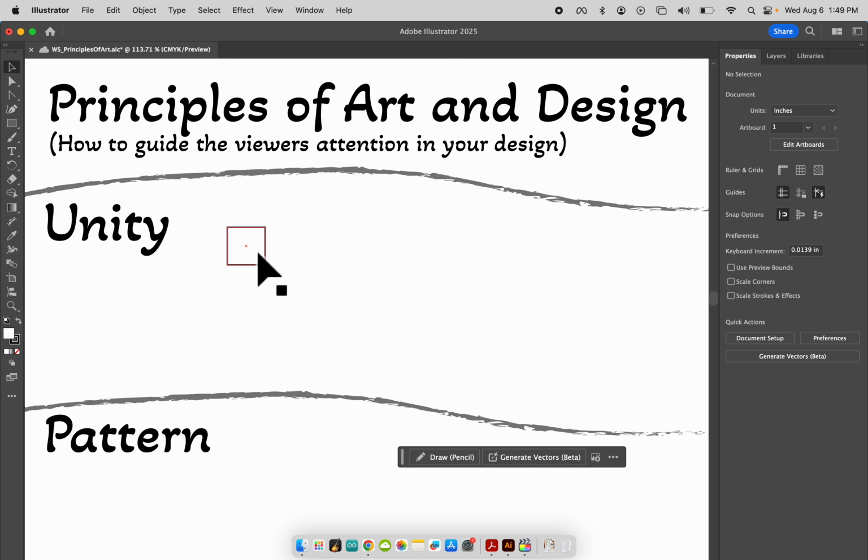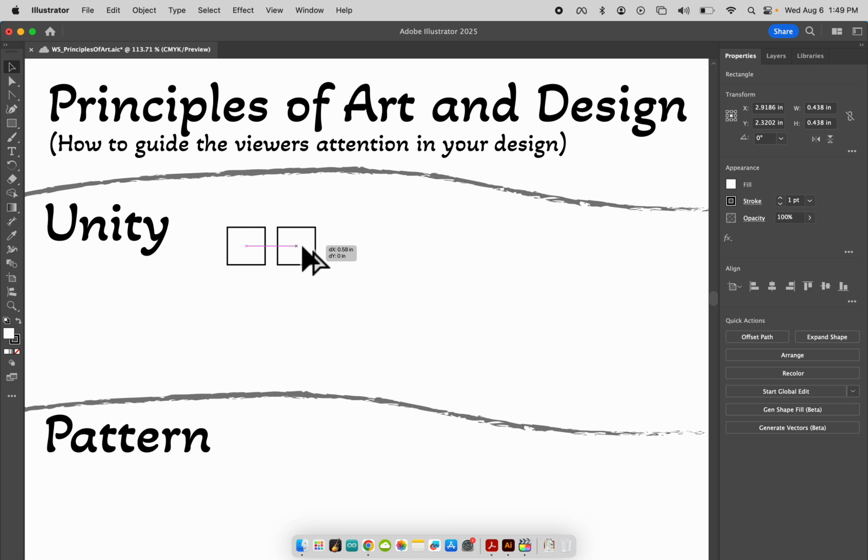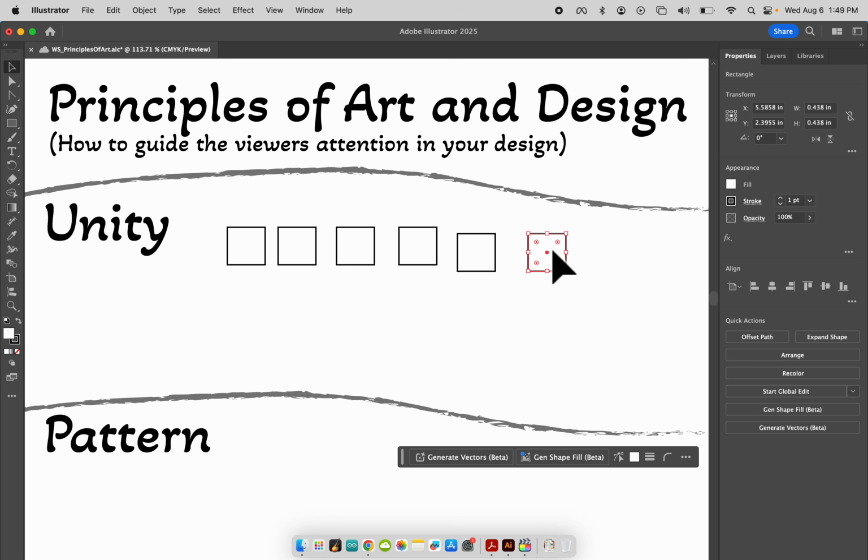I would like to duplicate this rectangle. So if I select it, I press Alt on the keyboard, you'll notice my cursor changes to 2 arrows. I'm going to drag a couple of these. You'll notice as I drag, I have something called Smart Guides on. It's helping me know if these are lined up with each other. You can see it's showing me different guides that pop up based on where it's at. For right now, it doesn't matter. We're just going to drag and draw a handful of these. So you're going to hold Alt and drag a couple of these and you're going to make a handful of